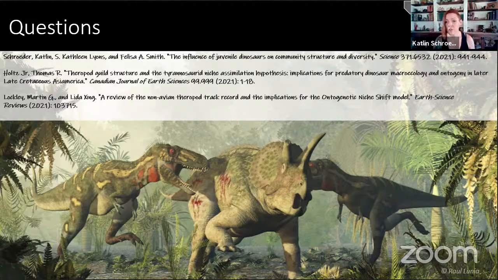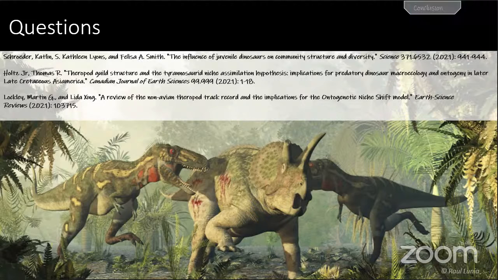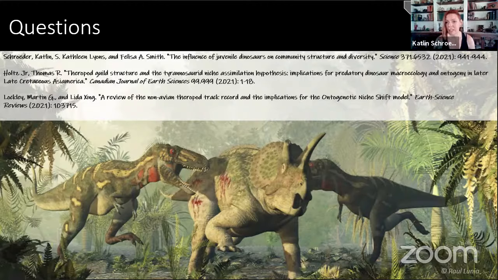Do you see any examples of this phenomenon during any other time period? So yeah, like I mentioned, we actually see ontogenetic niche shift today in things like Komodo dragons. If you're referring specifically to the gap, I don't know. That is a good question, and realistically, it's something that I would expect to see in, say, Cenozoic Australia.